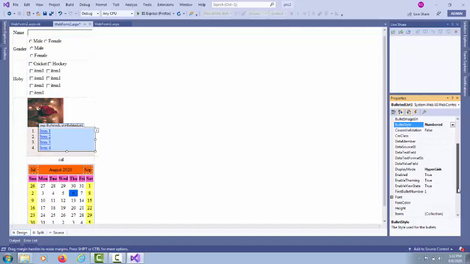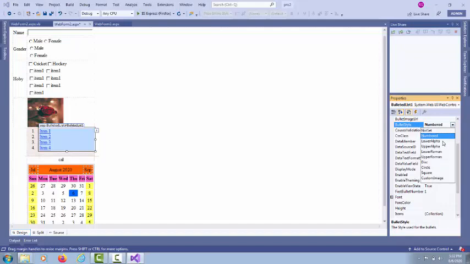In this we can also set the property called first bullet number. By default it will start with 1. If you start with 4, then the bullets will start from 4. So this is the first bullet number property. Okay, I will set it again as 1. Now the next property is the bulleted style.